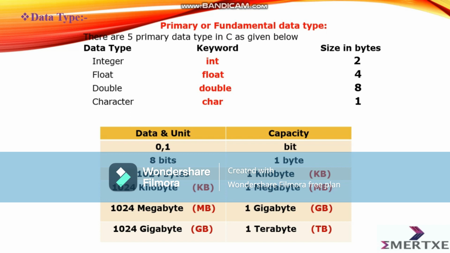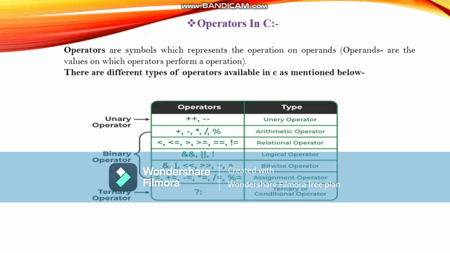Second one is 8 bits, capacity for 1 byte. Third one is 1024 bytes, capacity for 1 kilobyte KB. 1024 kilobytes KB is the capacity for 1 megabyte MB. Next one is 1024 megabytes MB, this is 1 gigabyte GB. And last one is 1024 gigabytes, this is 1 terabyte TB. Next one is